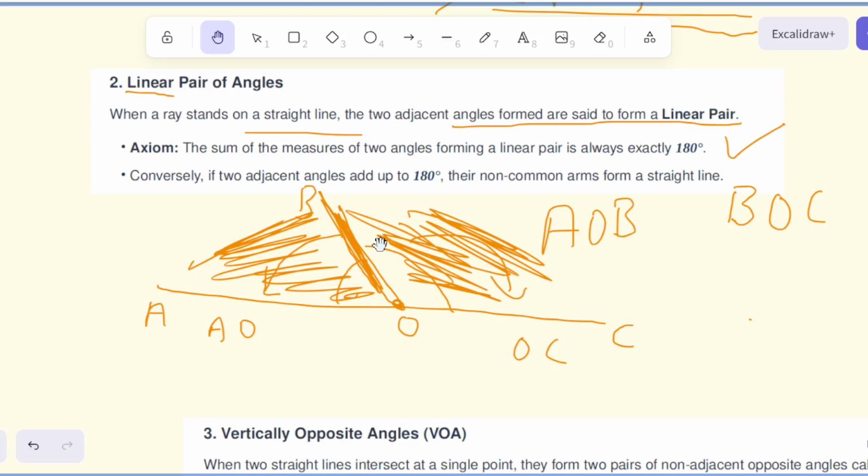So linear pair of angles are the adjacent angles on a straight line and they add up to 180. So angle AOP plus angle BOC, they'll add up to 180. That's a linear pair. And the next one is